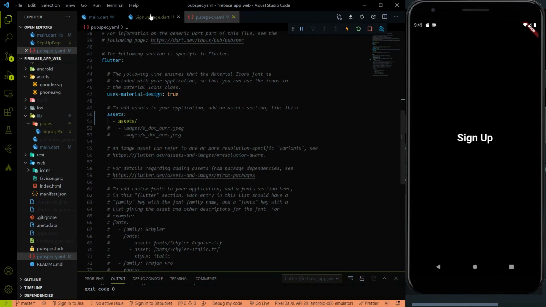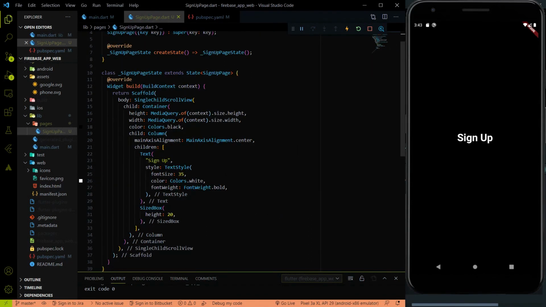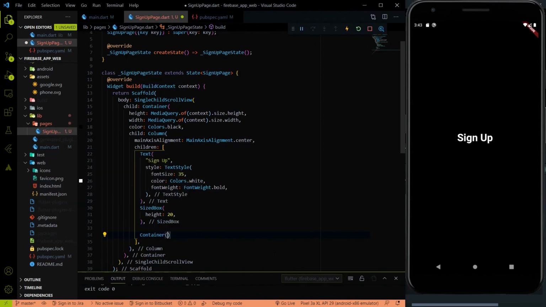And after that, let me go on a sign up page and let's work on the button. So for the button, I'm going to use the container, and the container requires height and width again. So let me provide the width as the 0.6 of the media query width, and the height will be 60. The child of the container, I'm going to use the card,